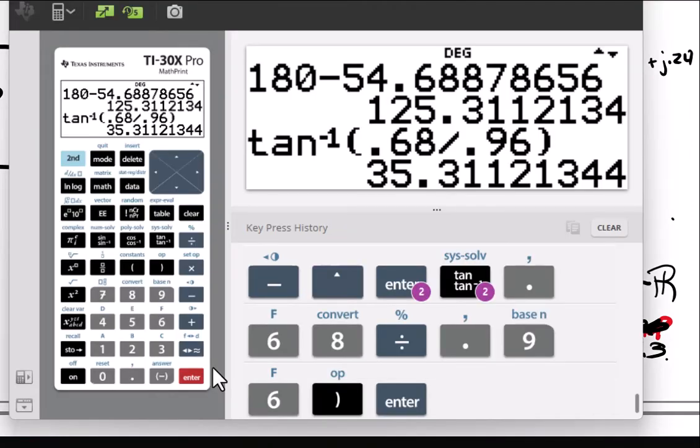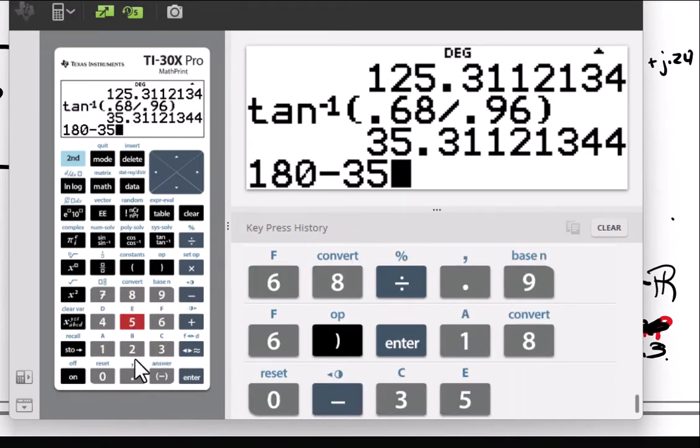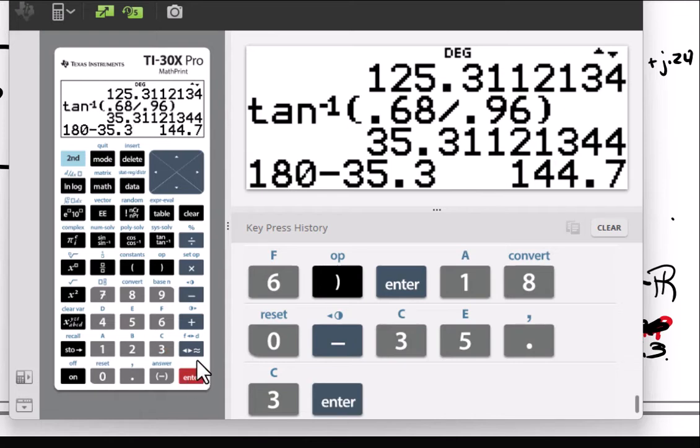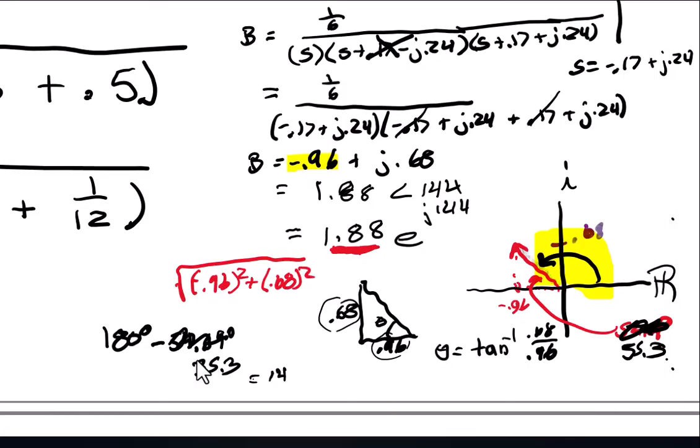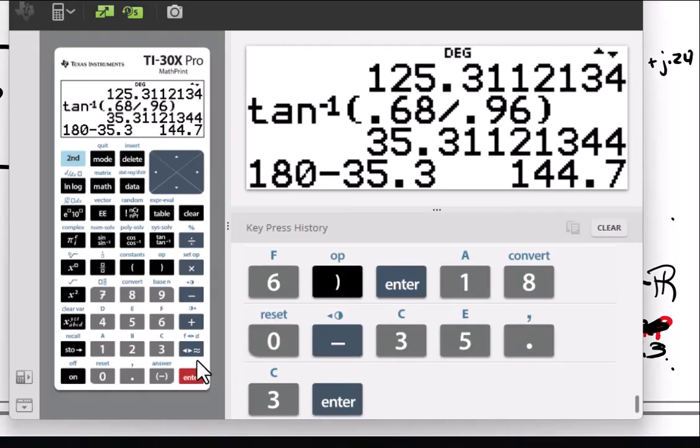And then if I subtract that from 180, I get 144.7. Now if you did, say, the inverse tangent of 0.68 over negative 0.96, that would have gotten you the angle in the fourth quadrant, when in fact we wanted the angle in the second quadrant. So that's why I always use, I'll just show you. So if I did